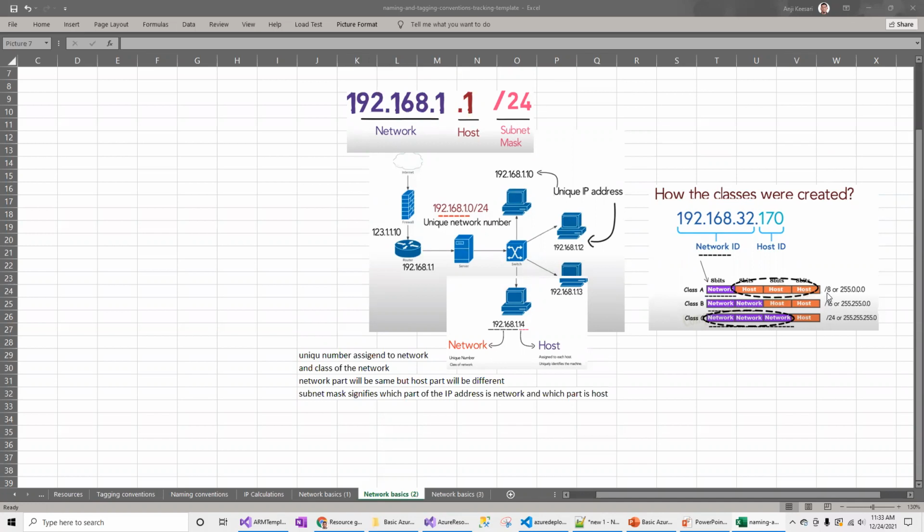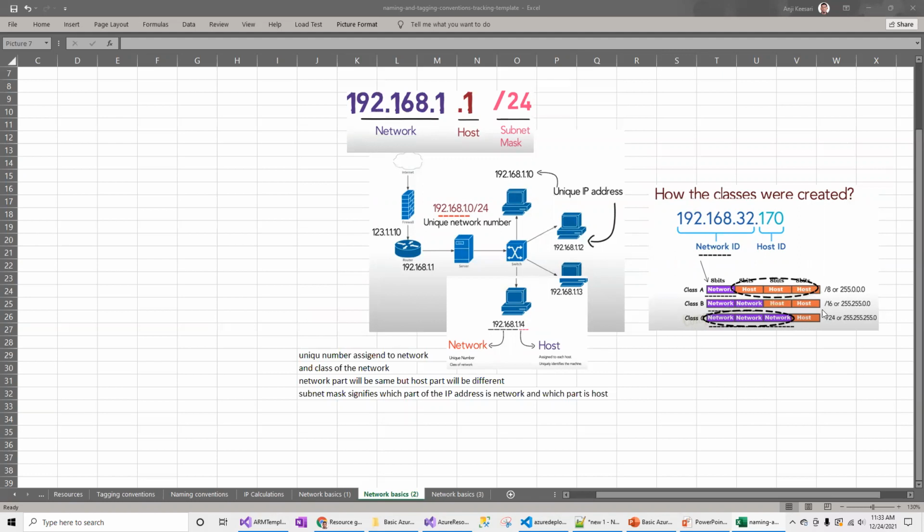That means 8 bits are reserved for the network, and the remaining 24 bits I can use for my host IP addresses. So the first block is blocked, and you can use the rest three blocks for getting the list of IP addresses.